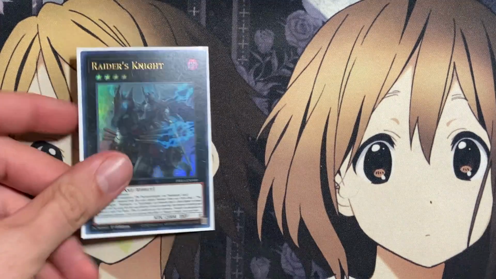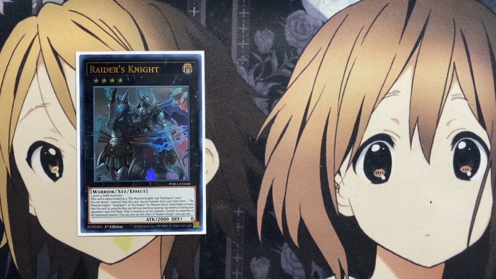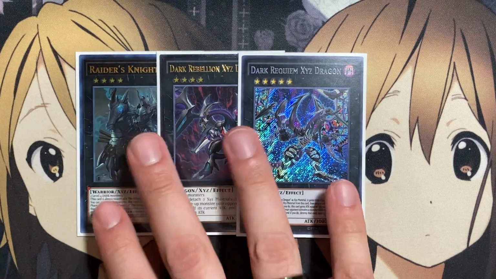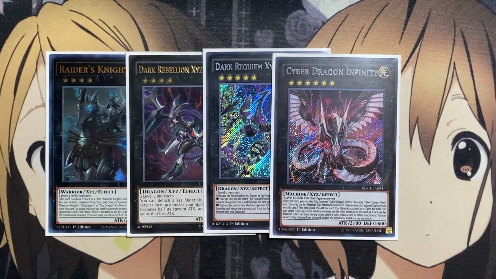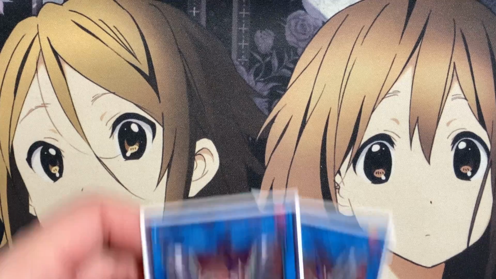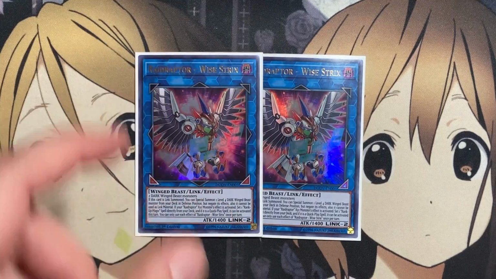For the other monsters, 1 copy of Raider's Knight to go for more of the search for our Xyz monsters or our Raidraptor monsters as well. The 1 Dark Rebellion Xyz Dragon, the 1 Dark Requiem, and also the 1 Cyber Dragon Infinity, and the 1 Divine Arsenal Zeus to finish off all of our Xyz monsters, with our Link monsters being 2 copies of Raidraptor